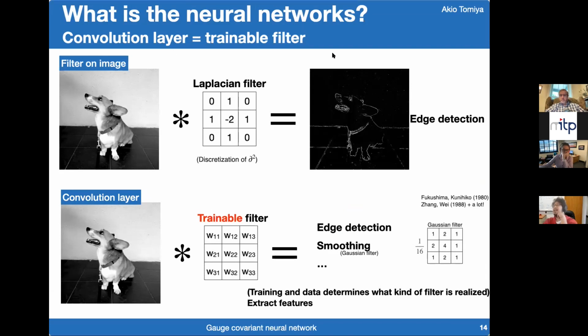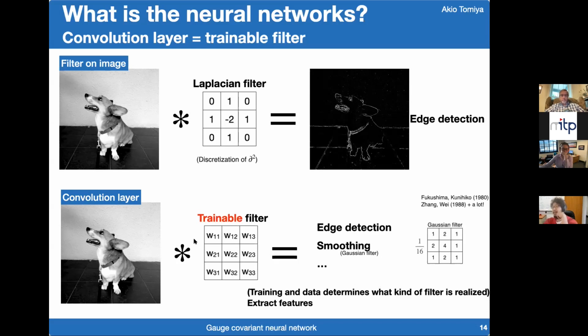the explanation of the convolution. The example at the top is image filtering. If we use the Laplacian filter, which is implemented in Photoshop, and is nothing but a discretization of the Laplacian, on this image, we can get the edge of the image. So this means that the Laplacian filter is an edge detector. On the other hand, the convolutional filter is nothing but a trainable filter. This means that the elements in the filter are trainable.